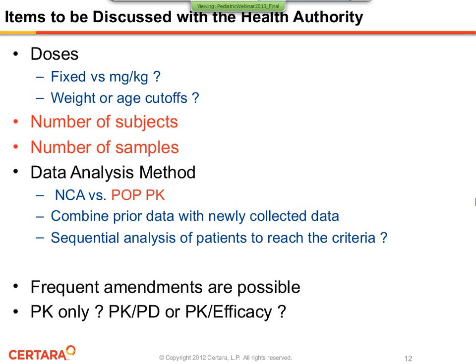And sometimes we propose a kind of sequential analysis of patients. So, for example, we run a protocol with n equal 10 patients. We see if we reach the criteria. If not, we continue enrollment until we reach the criteria. And also, within the drug development program, it's very common that new data is generated which warrant frequent amendments of